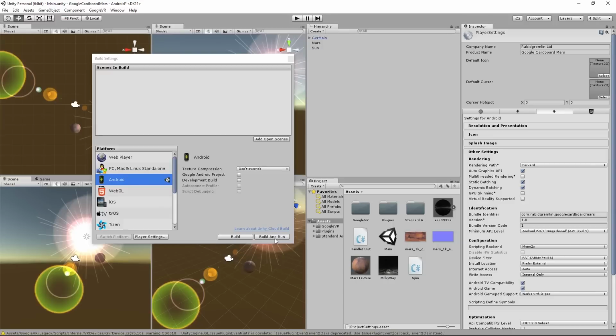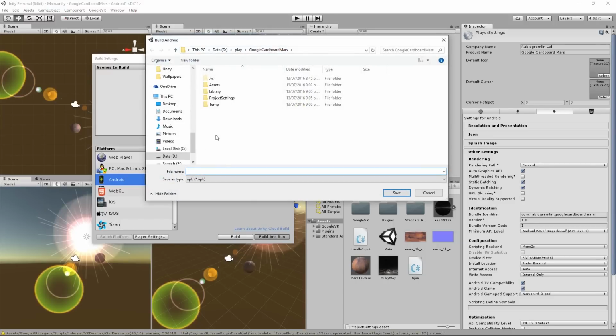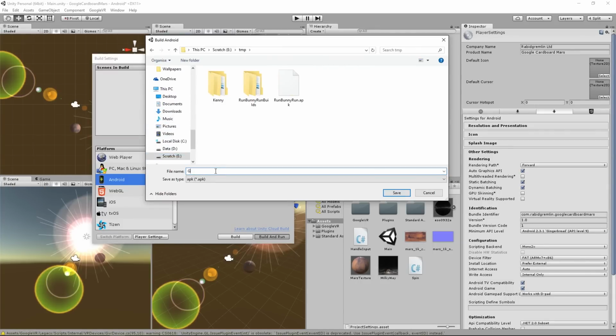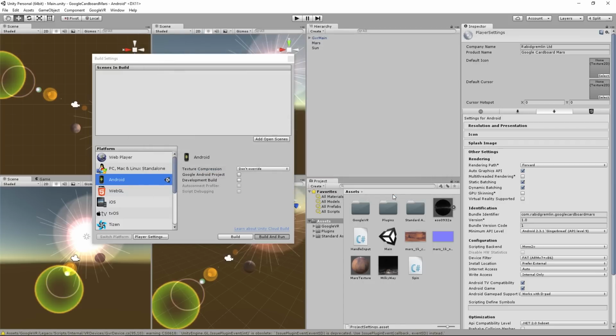So I have my phone plugged in, so when I hit build and run, we'll just go and build an APK file, which is the packaging for a Google Android application. Google Cardboard Mars, and hit save, and it will now compile